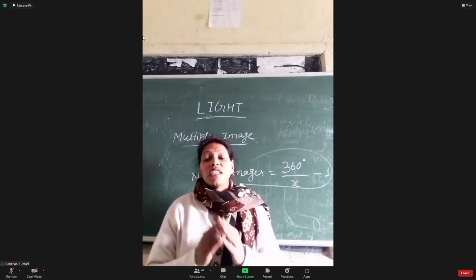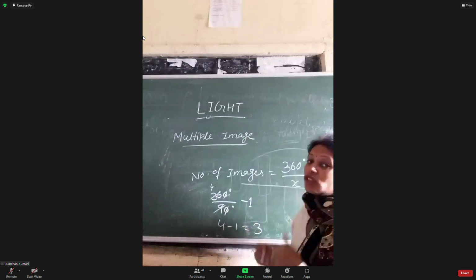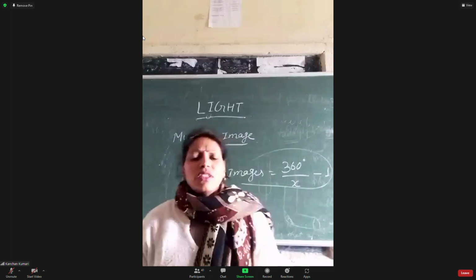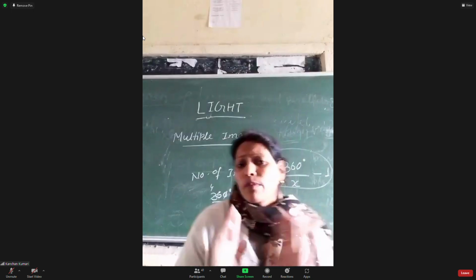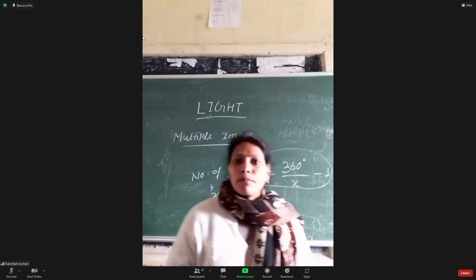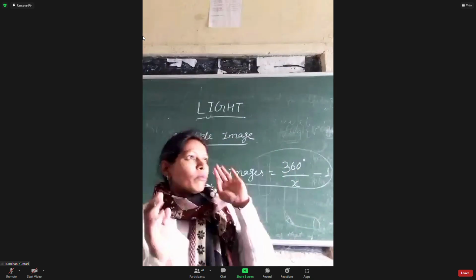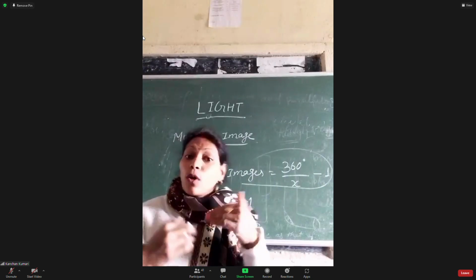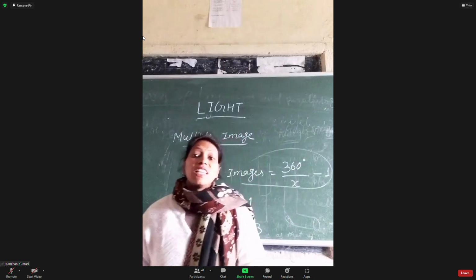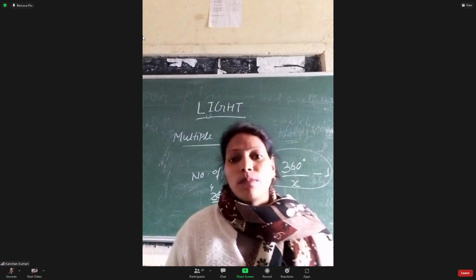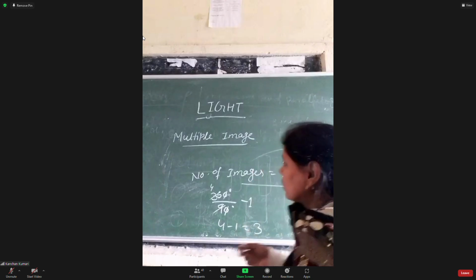When two mirrors are inclined at different angles, they can form multiple or different numbers of images. Suppose you must have seen two mirrors placed parallel to each other. An infinite number of images are formed. When two plane mirrors are placed facing each other, we will see multiple images, but all images are not visible. Why is it not visible? Because some of the images are fainting. Fainting means getting invisible, slowly they are not able to be seen.